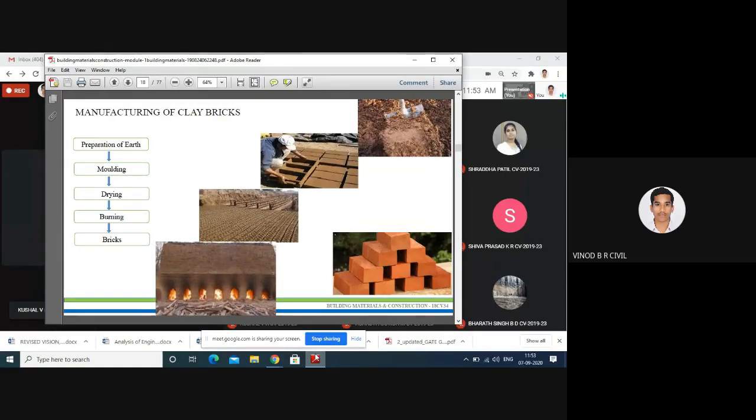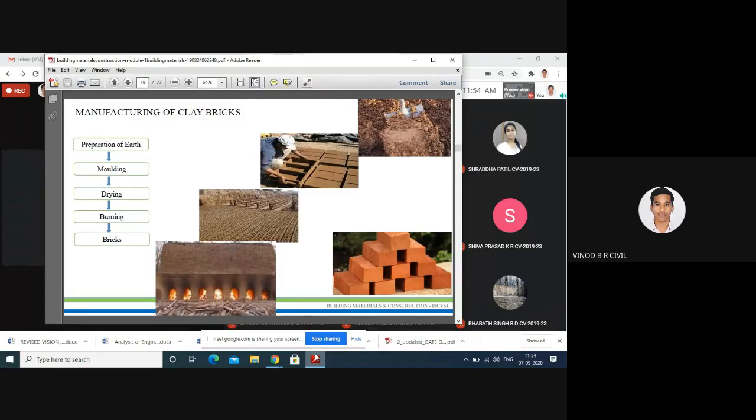After 21 days, that is the curing time, if you test that concrete cube in a compression testing machine, that compression value is known as the compression strength. For example, 50 grade of concrete means 50 Newton per mm square. That is the compression value after the curing time. That is the grade of concrete.